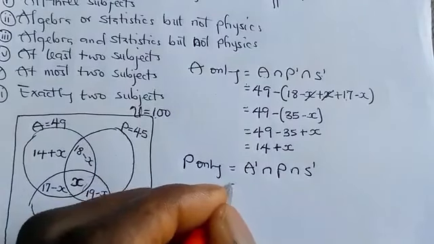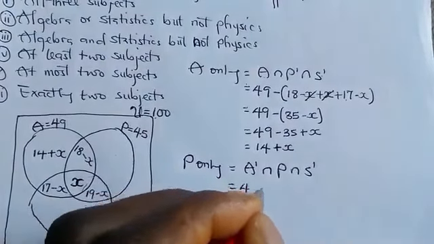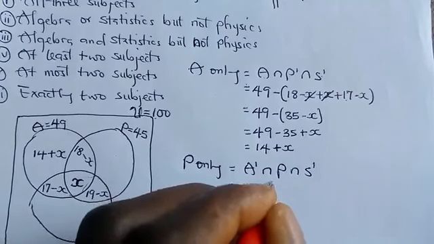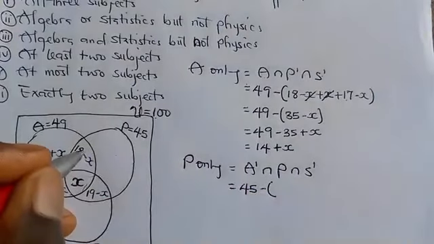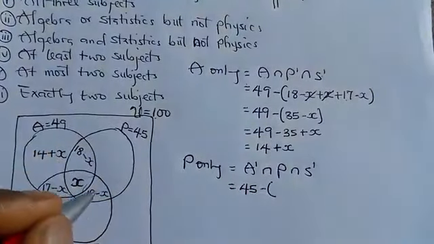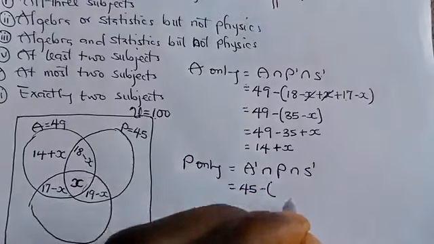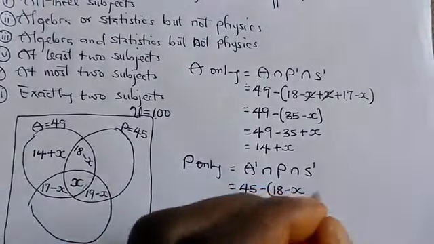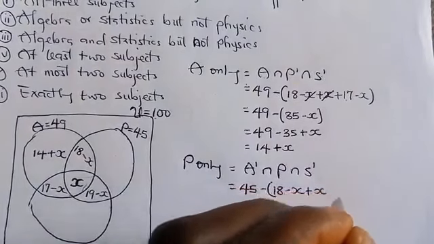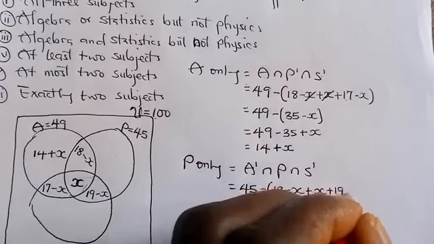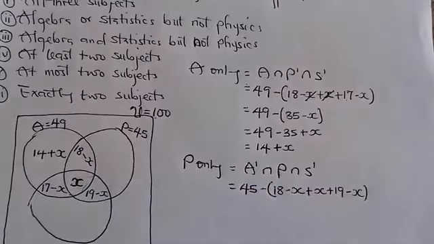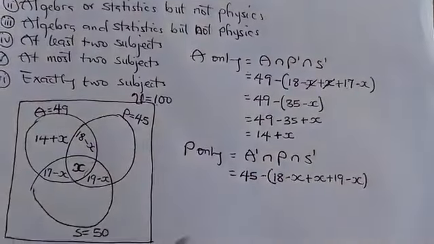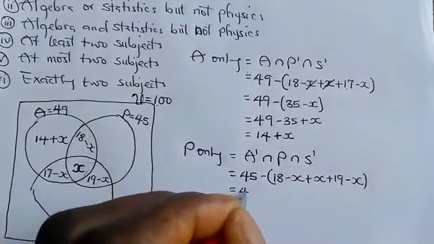So we are going to have this equal to 45 minus the data already in the oval shape for physics. We have 18 minus X plus 19 minus X. That is 18 minus X plus 19 minus X. Right? So that's equal to 45